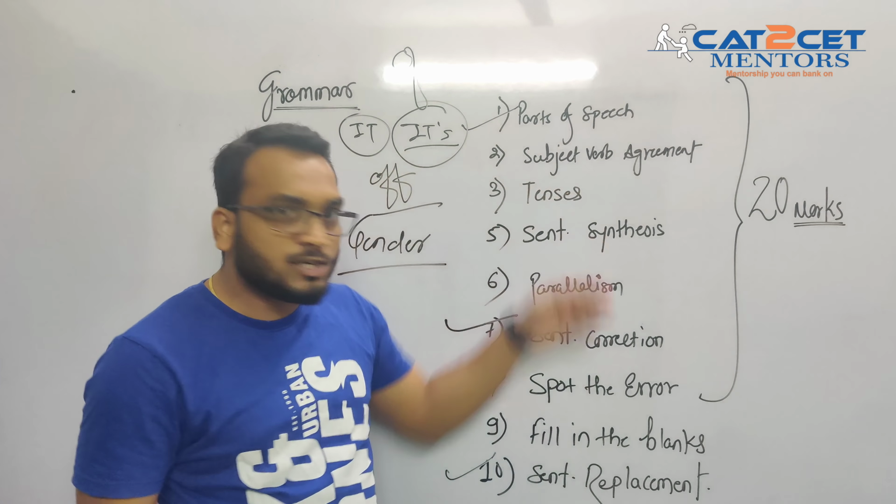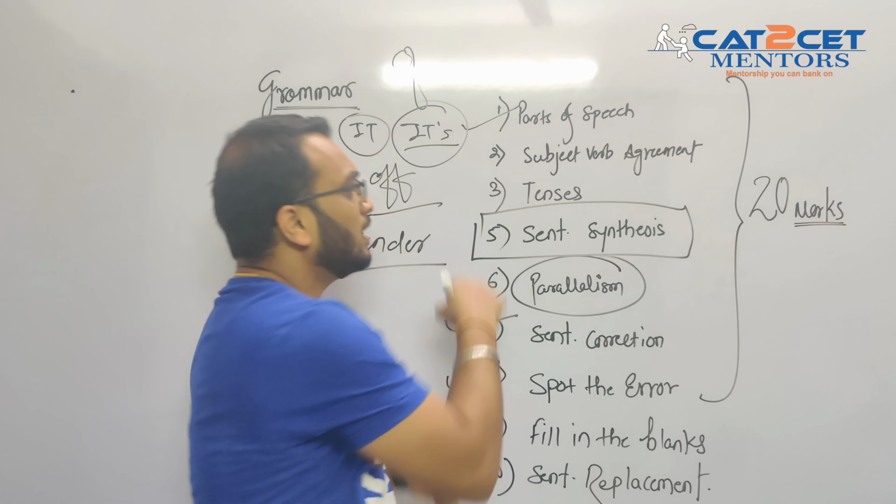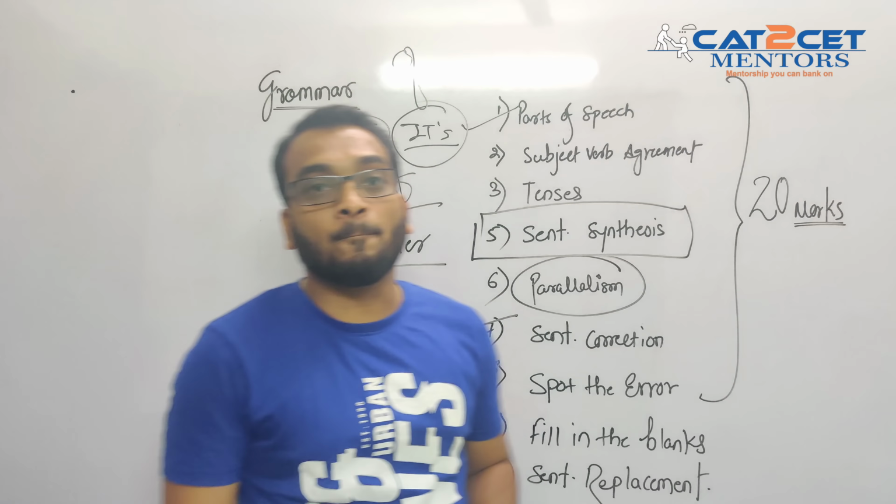अब यहाँ पे एक चीज है जो थोड़ी सी अलग है. That's called as sentence synthesis, but this can also be called as probable starter. ये आता है 5 मार्क के लिए, right? And then you have something called as fill in the blanks. So this can also be called as filler. तो ये बैंक के वाले एग्जाम इसको फिलर बोलते हैं, but this is also fill in the blanks.